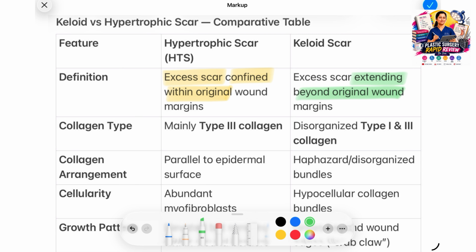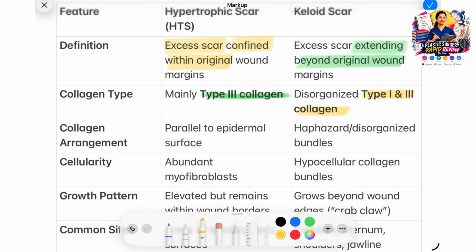Talking about the collagen, mainly type 3 collagen is there in a hypertrophic scar, whereas both type 1 and type 3 collagen are found disorganized in a keloid scar. About the collagen arrangement, in a hypertrophic scar it is present parallel to the epidermal surface, and in a keloid scar the collagen arrangement is haphazard and disorganized. The cellularity consists of abundant myofibroblasts in a hypertrophic scar, and there are hypocellular collagen bundles in